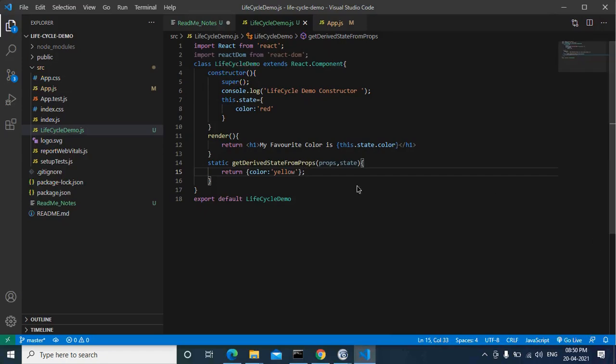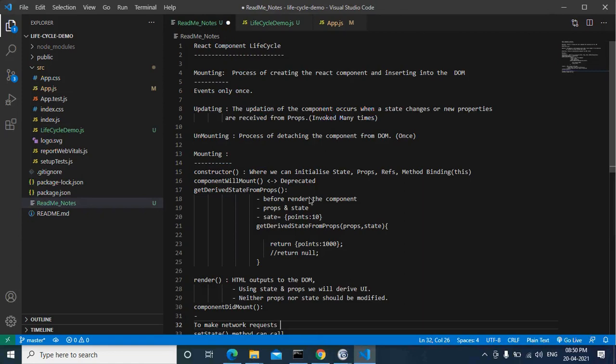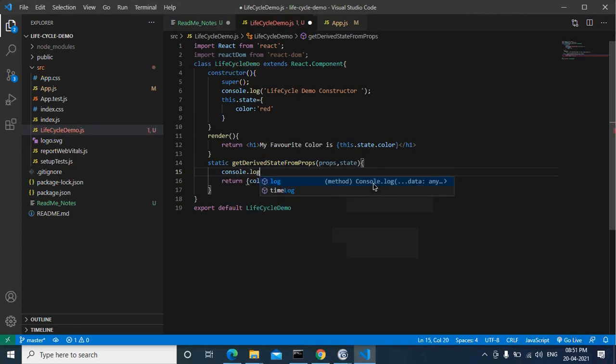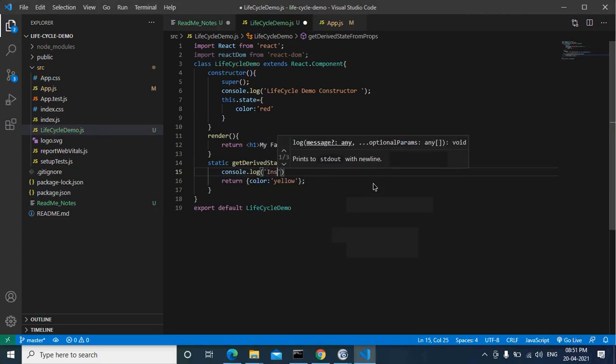Since we updated the state value, right? So as per our lifecycle methods, prior to the render method, the getDerivedStateFromProps, whatever the object that we are going to return, it considers as a state and it displays the corresponding state property value. Correct? If we are going to return inside getDerivedStateFromProps